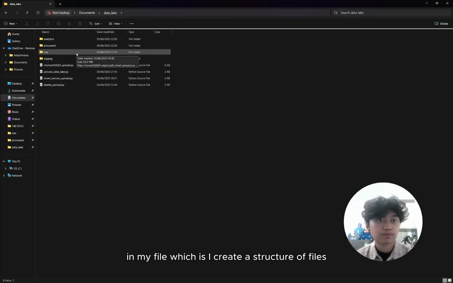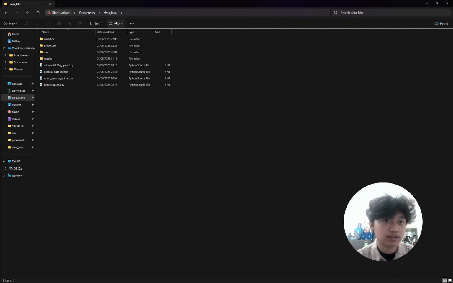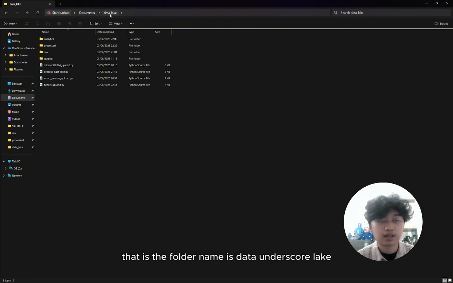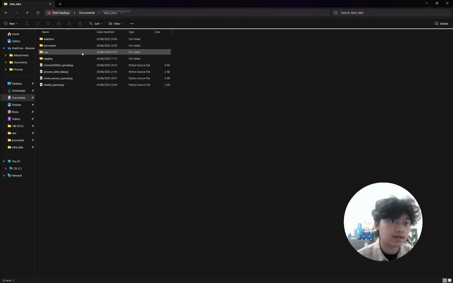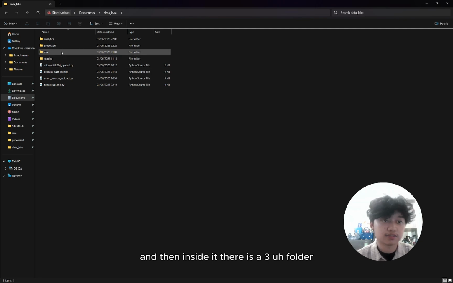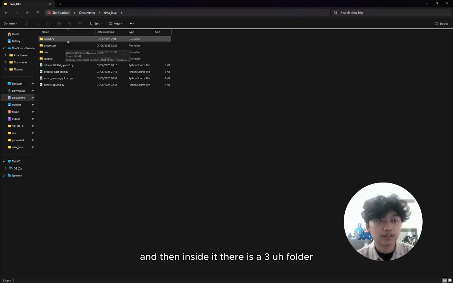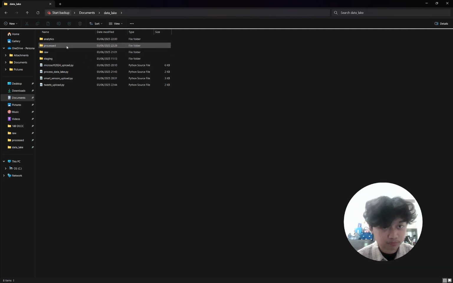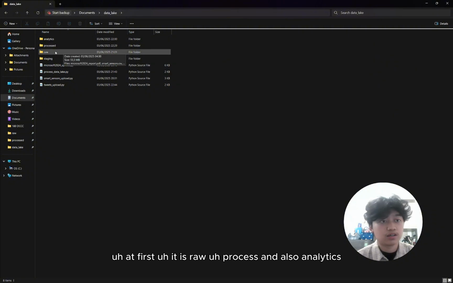in my file, I created a structure of files where the folder name is data_lake, and inside it there are three folders: raw, process, and analytics.